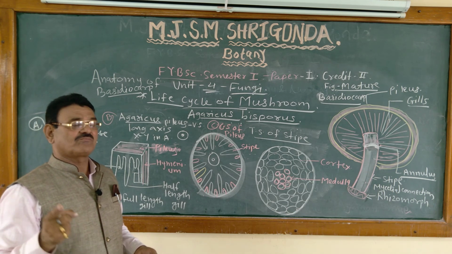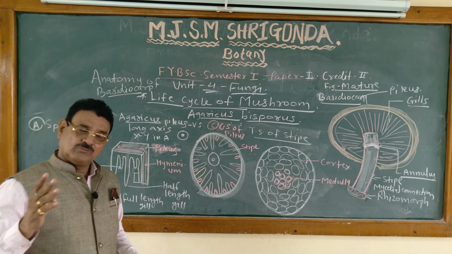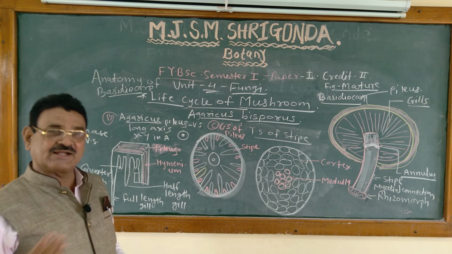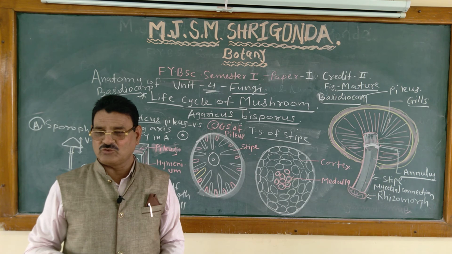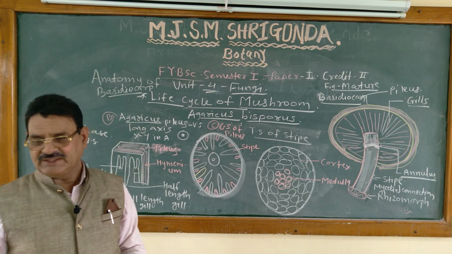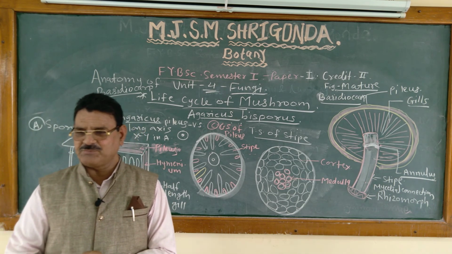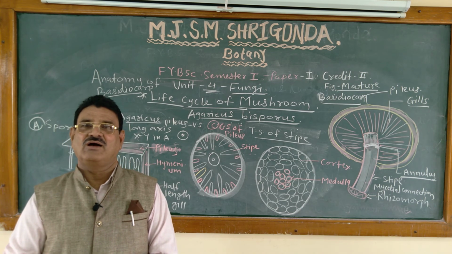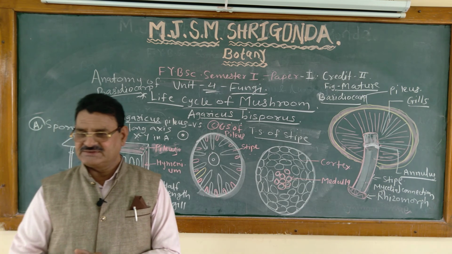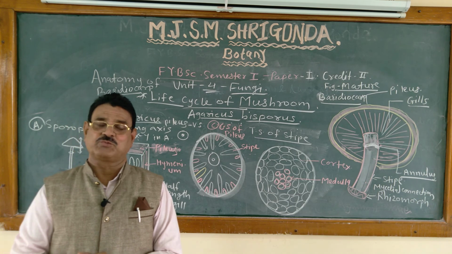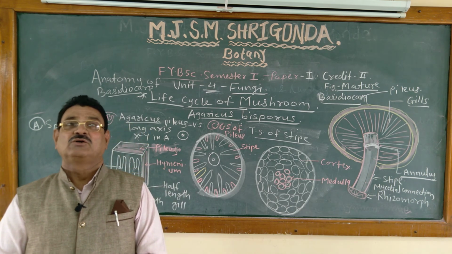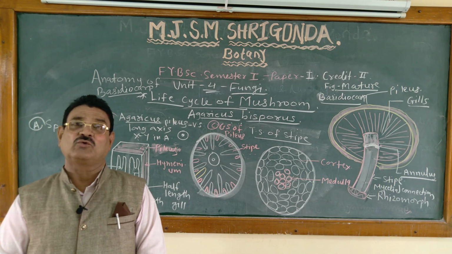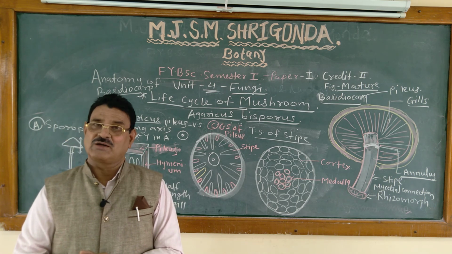Both strains of primary mycelium fuse together and form secondary mycelium. Secondary mycelium also germinates to form the mature basidiocarp or sporocarp. Then germination of basidiospores. After falling on a suitable substratum or on soil in shady or moist conditions, these basidiospores germinate, forming two positive and two negative strains, and form primary mycelium.